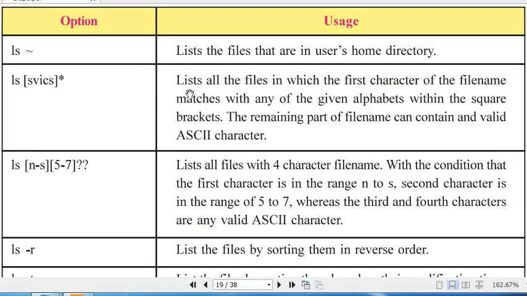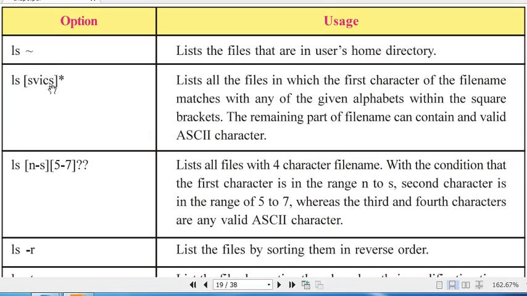Then it will list all the files in which the first character of the file name matches any of the given alphabets within the square bracket. The remaining part of the file name can contain any valid ASCII characters. So here all the files which start with S, V, I or C will be displayed.